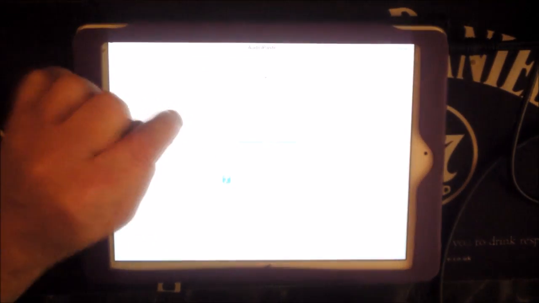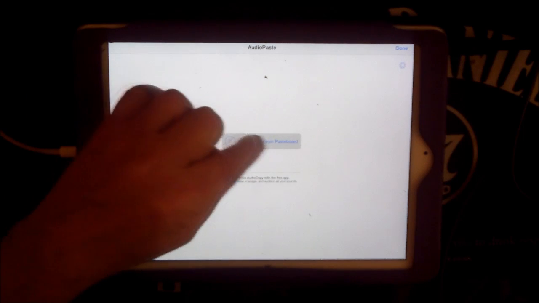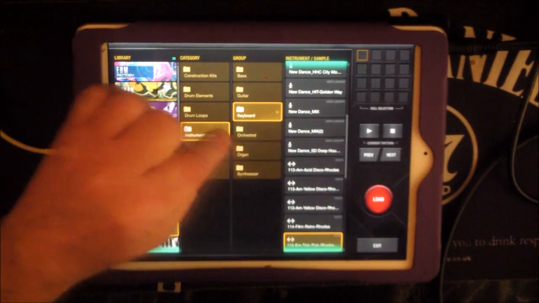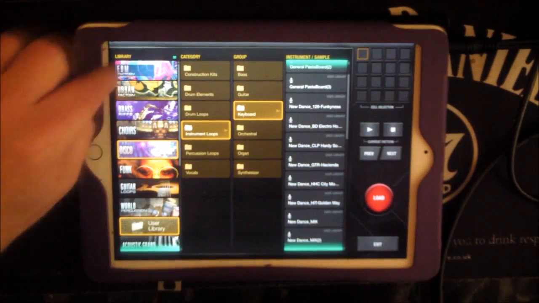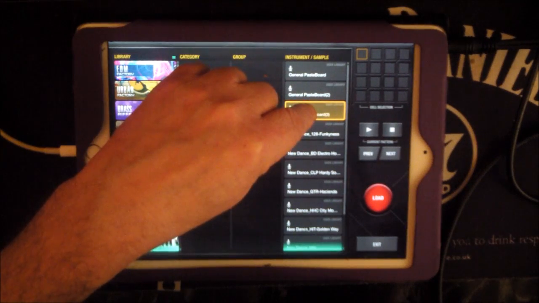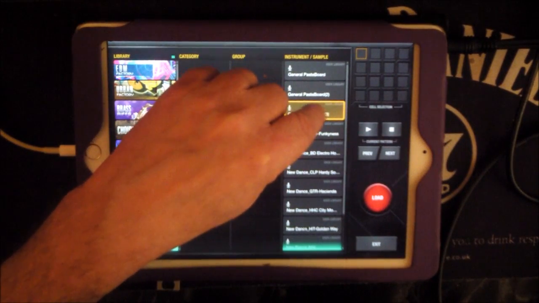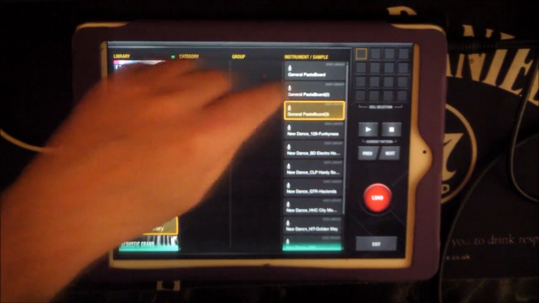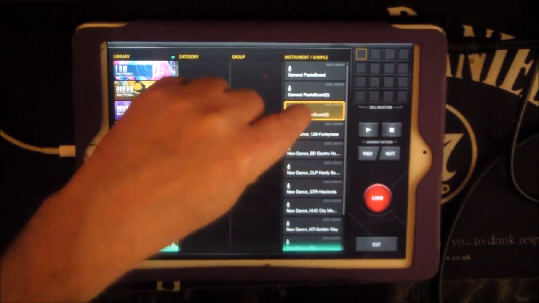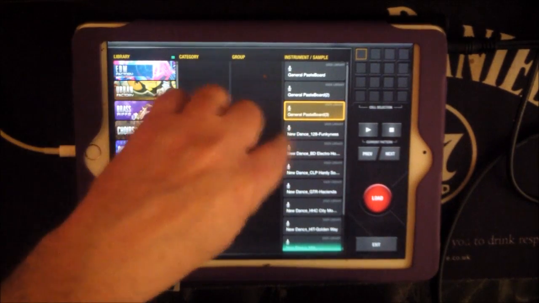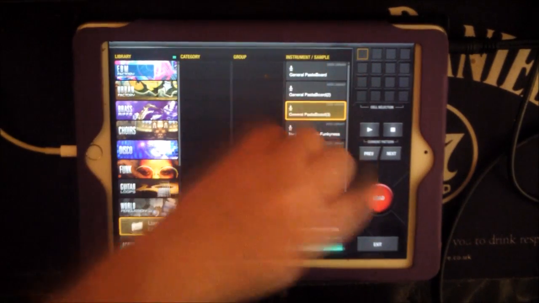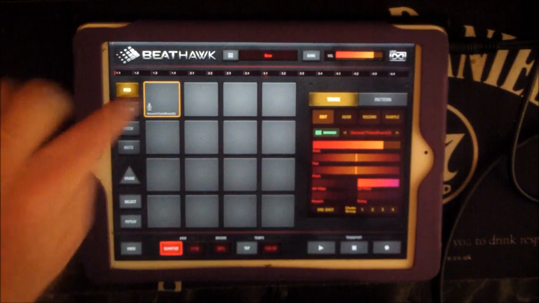So let's do that. Now, this is another thing as well. We'll just copy that. It would also be nice, right, if, let's go to user library, and there it is. It would be nice if I could rename this, but double tapping it or anything doesn't work. So I'd like to be able to call that vocal lead sound. So if you're watching that as well, a nice thing would be to delete these samples or rename them as well. Okay, so like I said, they're minor niggles. So I'm going to put that into that one up there. Load, and it's done. Exit, and there is